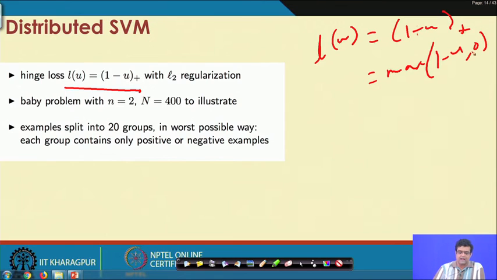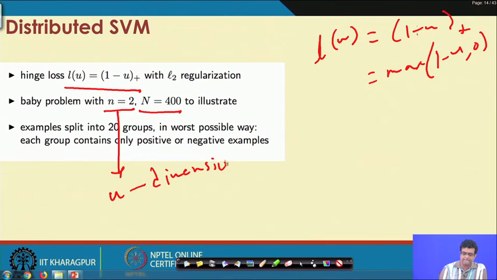And you have capital N equal to 400, which is the number of examples, and small n, which is the dimension of u.